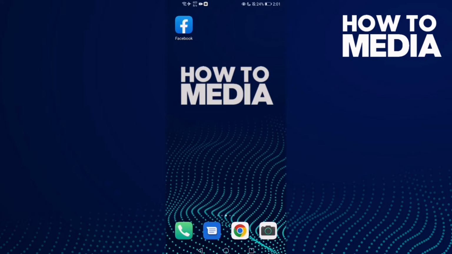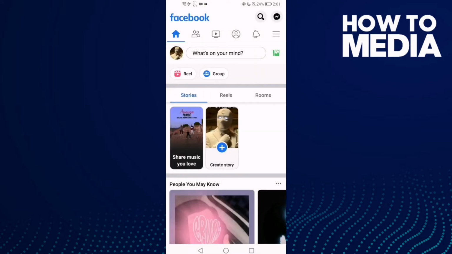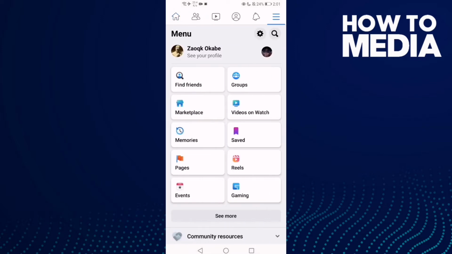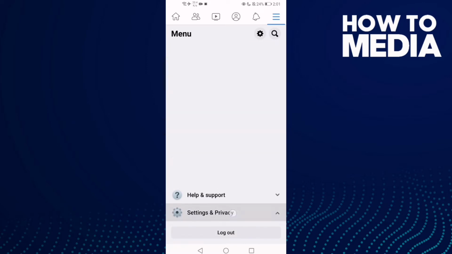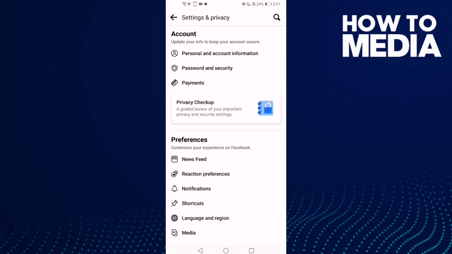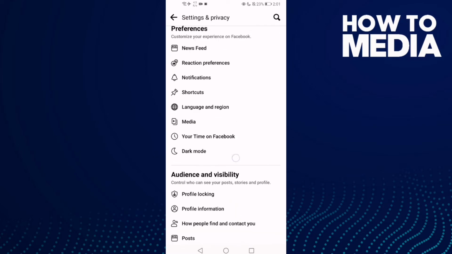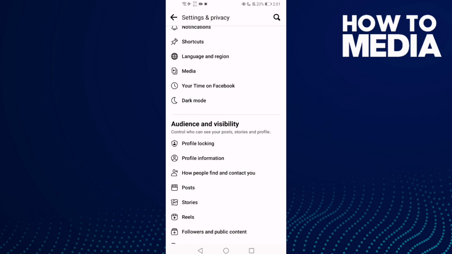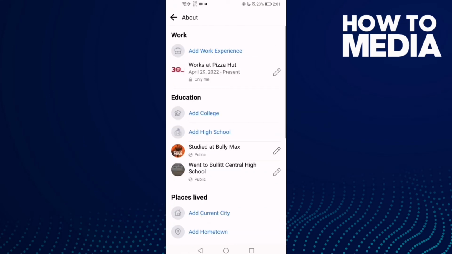First thing we're gonna do is go to Facebook and then click these three lines and go down until you find settings and privacy, and now click settings and then go down until you find this one, profile information, and